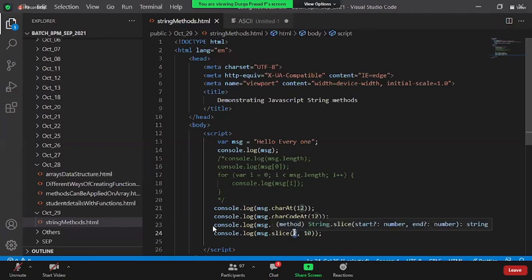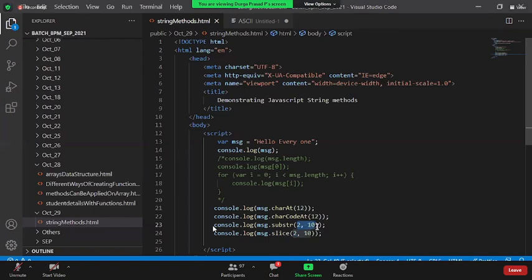Whereas the slice method is starting at 2, from there until the 10th character, implying I'm going to return only 8 characters, whereas SUBSTR will return you 10 characters. This is the difference between SUBSTR and the slice method.